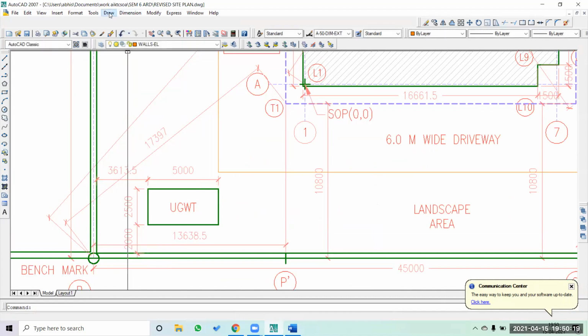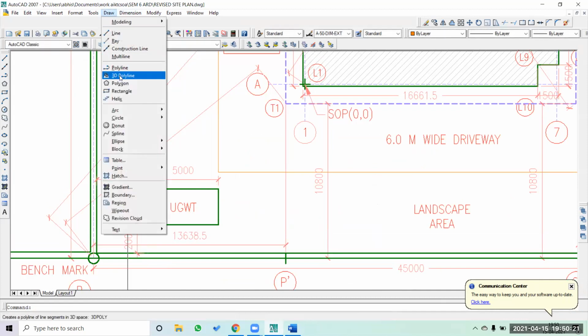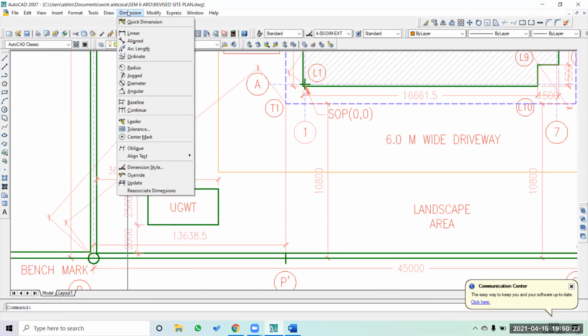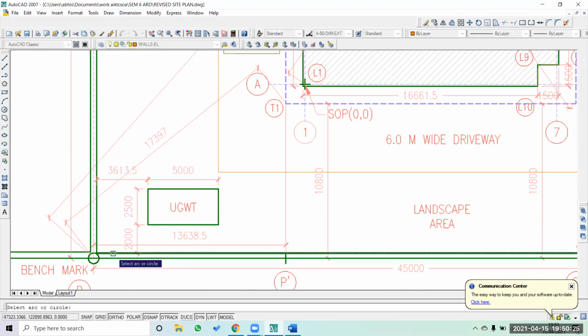Oh, sorry, not the polygon, sorry, dimension radius, arc or the circle.